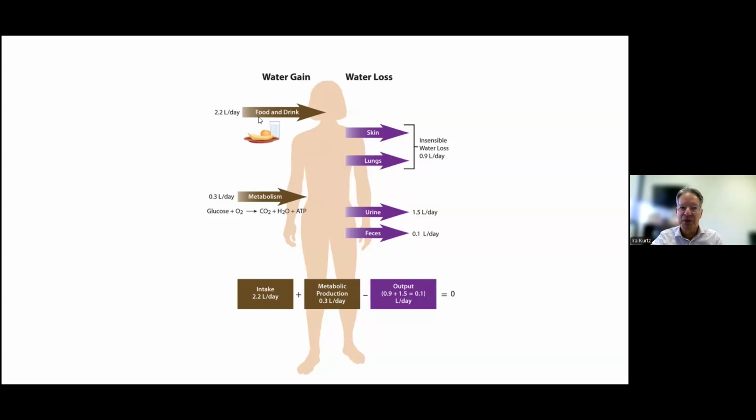So every day, from the food and the fluids that we drink, there's about 2.2 liters of fluid coming in, and this doesn't have to be just water, it's total fluid coming into the body every day. If you know what a 2-liter bottle of Coca-Cola looks like, that's roughly how much, at least in this example. I'm not saying this is how much you should put into the system. It's just for this particular example, there's 2.2 liters of water coming in per day.